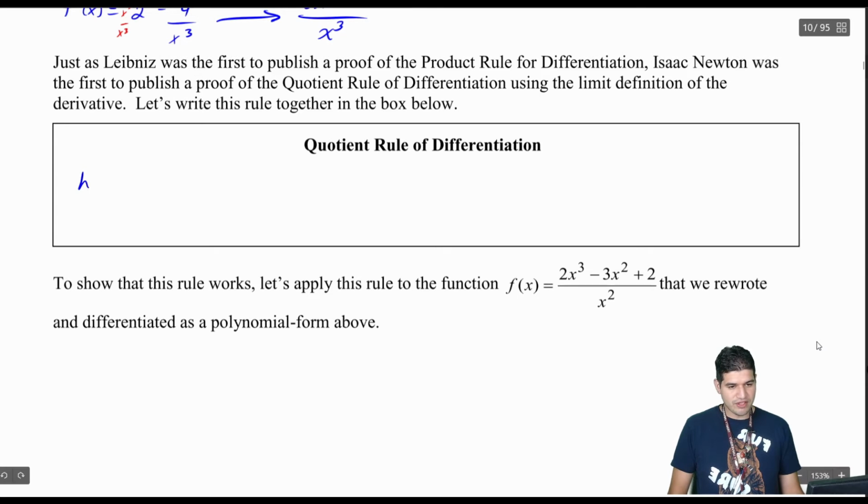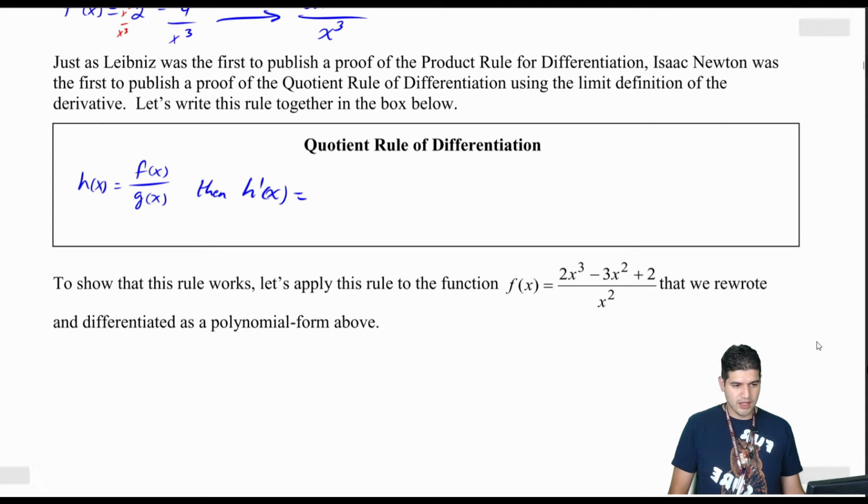So if we're given a function where h of x is the quotient of two functions, f over g of x, and we want to find that derivative, so h prime of x, what is that going to be? Well, that's going to be g of x times f prime of x minus f of x times g prime of x, all divided by g of x